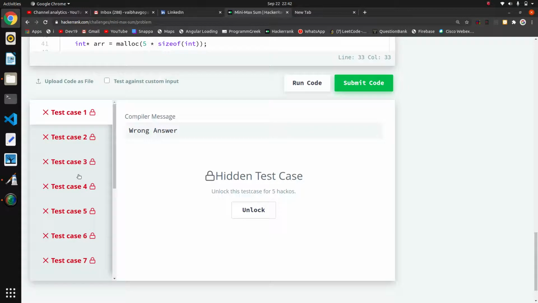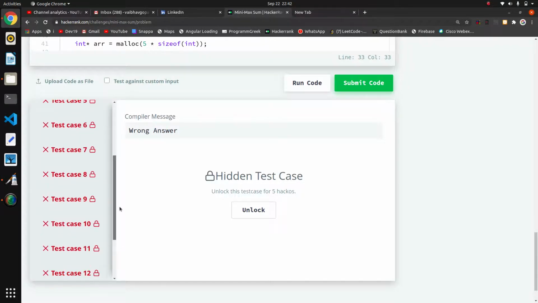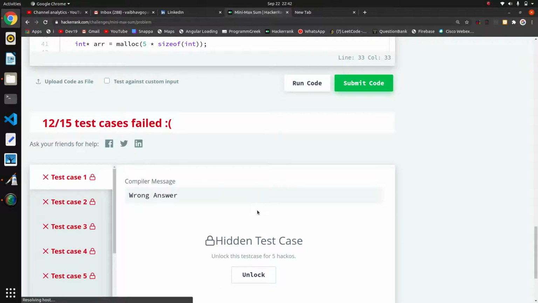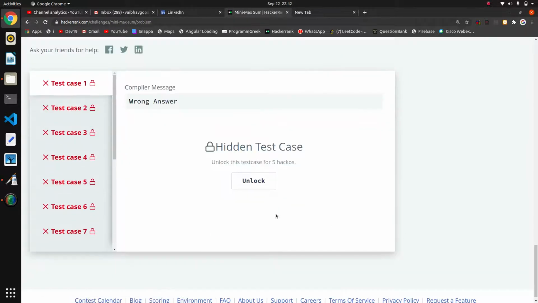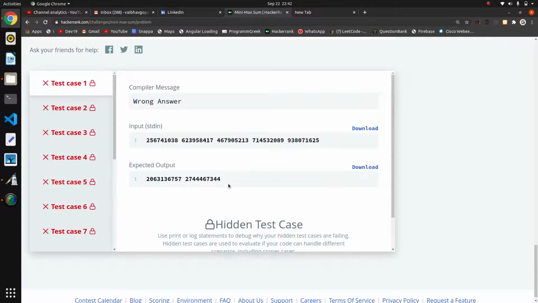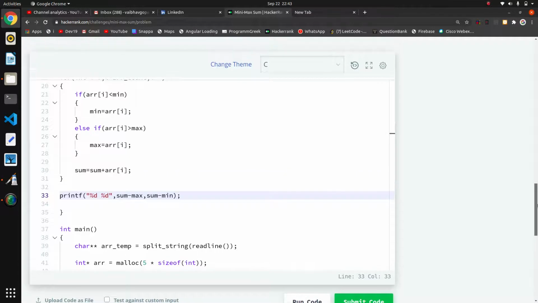So why is it failing? I will unlock this one to see why it was giving a wrong answer. It was giving a wrong answer because of this value.